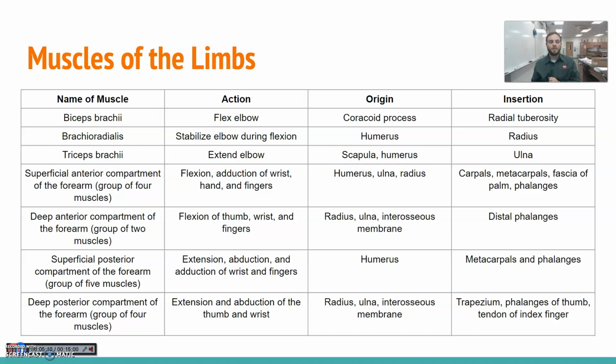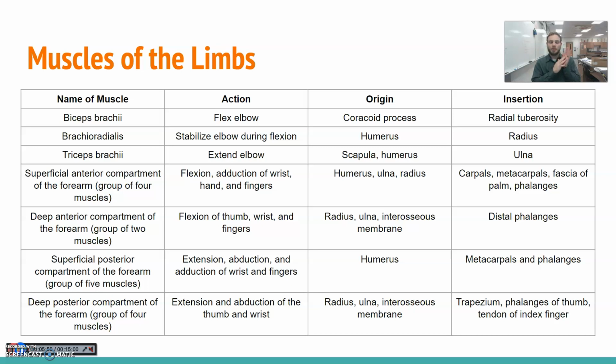When you look at the four compartments of the forearm, you can see there a group of four muscles in the superficial anterior compartment. They're going to have a number of different actions depending on which of the four that you're looking at, be it flexion or adduction of the wrist, hand, and fingers. So your superficial compartment is going to be mainly flexion and adduction of the wrist, pulling that in. You can see the hand and fingers as well. They're going to originate in all sorts of different spots from the humerus, the ulna, and the radius, and insert on either the carpals, the metacarpals, maybe even the fascia of the palm, the connective tissue underneath your skin, or